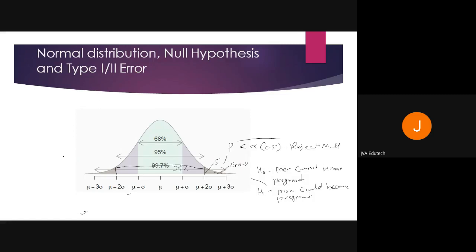Okay, so you will reject the null hypothesis because whatever you have tested is not falling into the 5% zone. If it is equal to or more than 0.05, then it is falling into the zone of 5%. That is, the probability of occurrence is happening by chance. Okay, then you have to accept the null hypothesis.